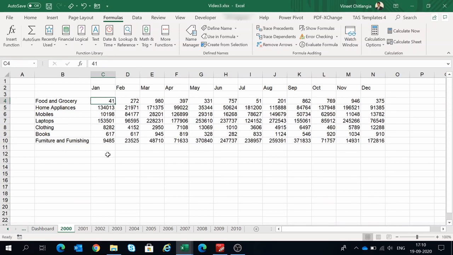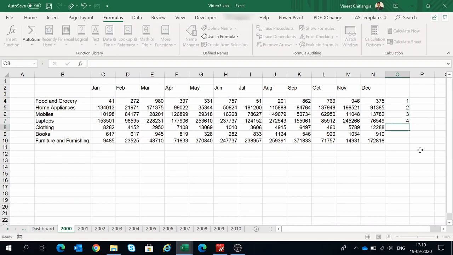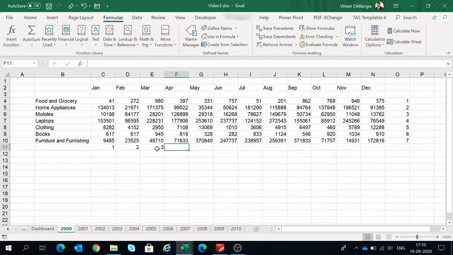If I have to give the row numbers and column numbers to this data, it will be like this. So 41 is the first row and first column. 272 value is first row and second column.